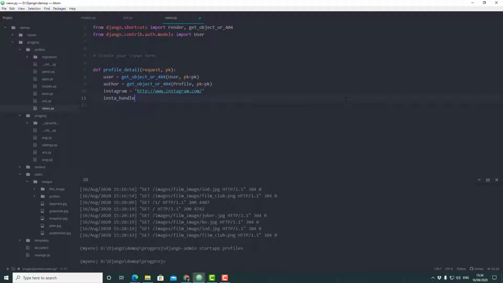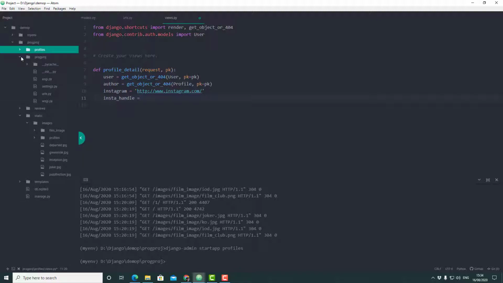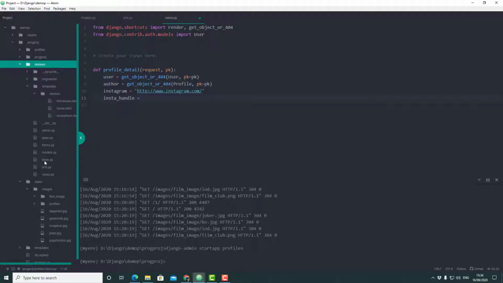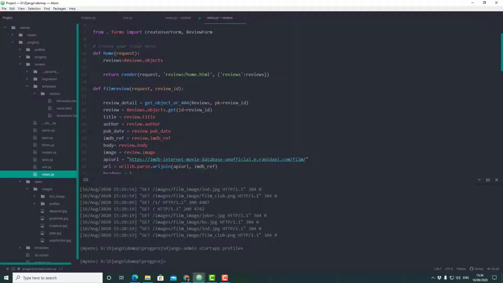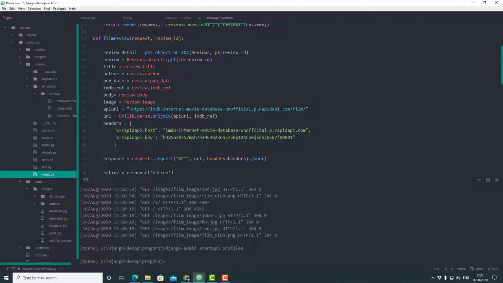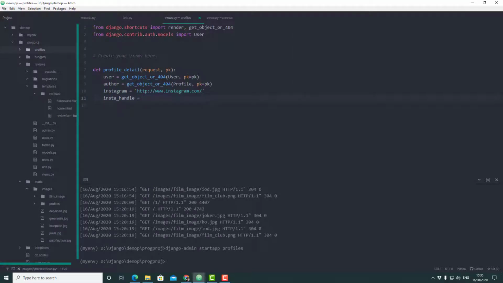If you remember, we did this. Let's go to close profiles for a second. It should be on the reviews, and in our views there we had the API address, and then we did this: urllib parse and so on. Let's borrow that and steal it because I can't type it out. You've got to look for shortcuts sometimes. We're going to join the Instagram address with